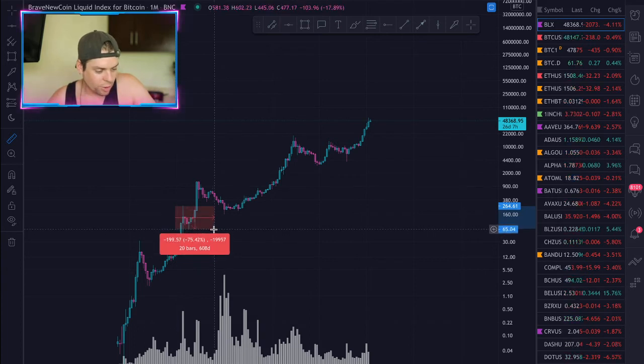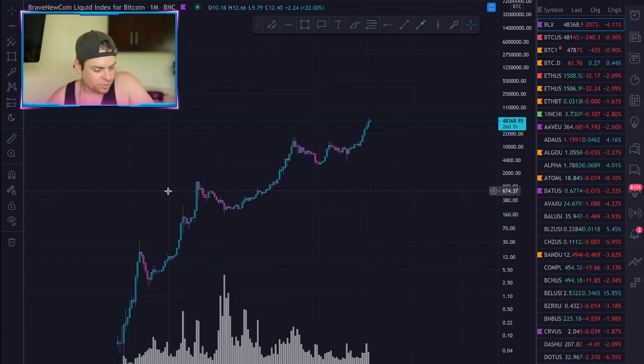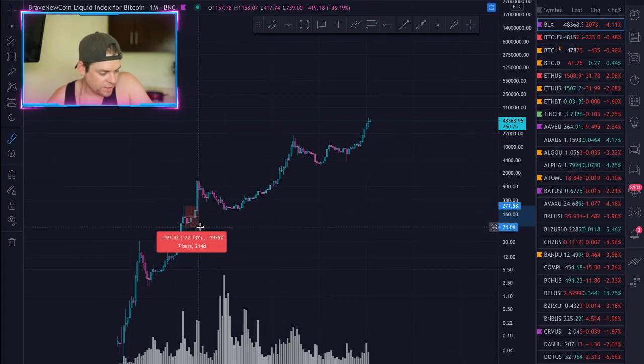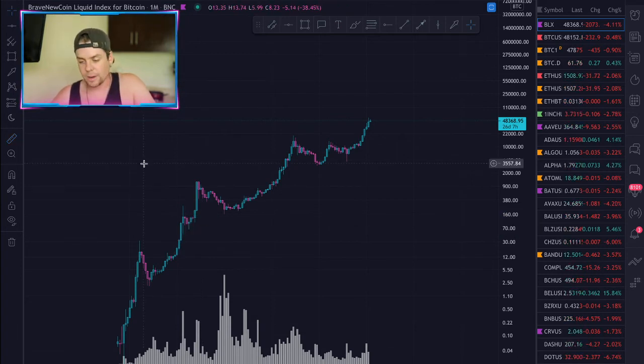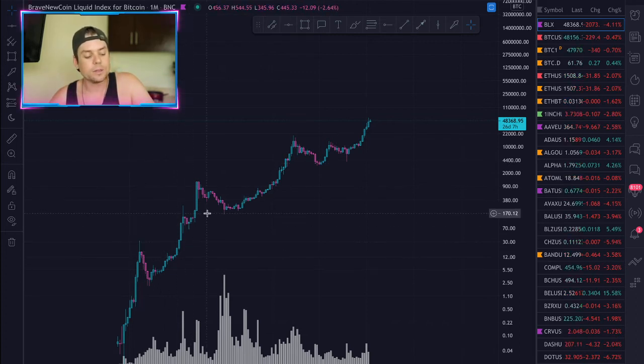I don't know about a mini bear market per se, and I also don't expect us to have a 75% drawback. I really don't. The only reason I say that is because the trend is up and the trend is your friend until it ends. And just because we can make a comparison in the past doesn't mean it's going to happen today. Again, these market cycles rhyme. It doesn't necessarily mean you're going to hit these targets.